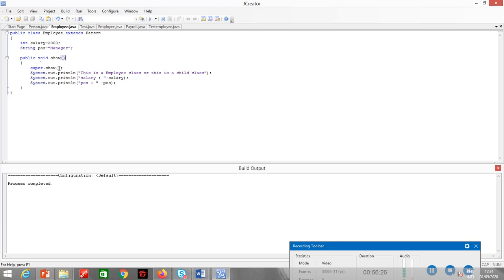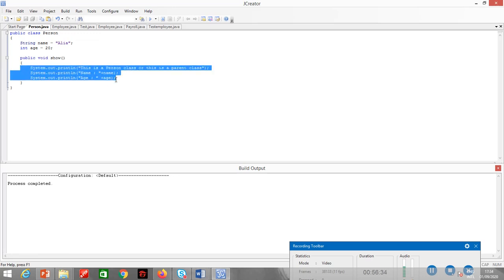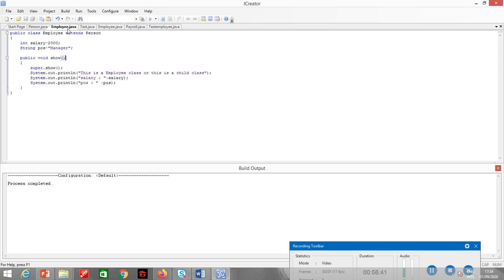Now super.show will pass the control to the person class and to the show method. Now it will print all these three lines, name, age, and this is a person class. After executing this method, control will go to the show method of the child class, which is the employee class, and then it will print the employee class variables.